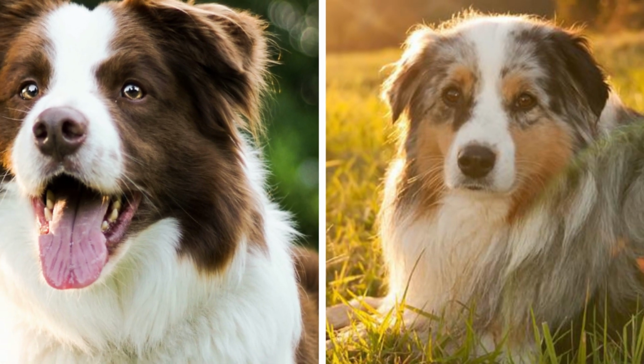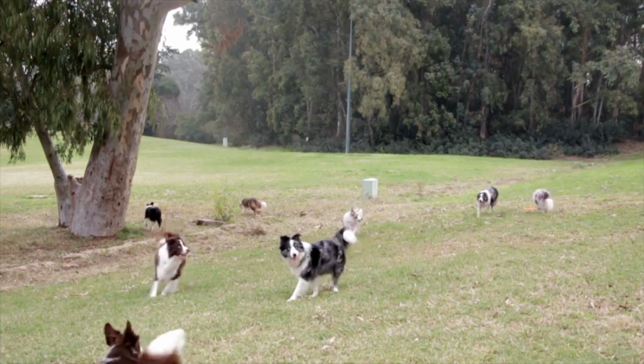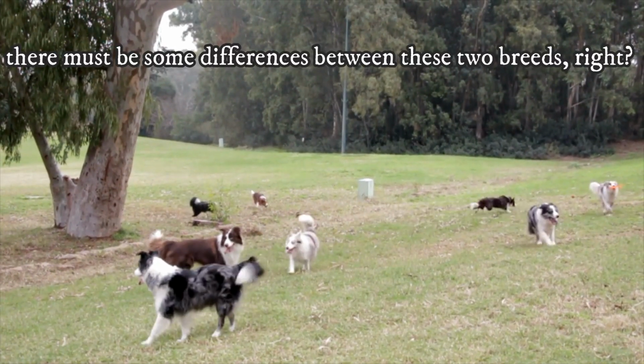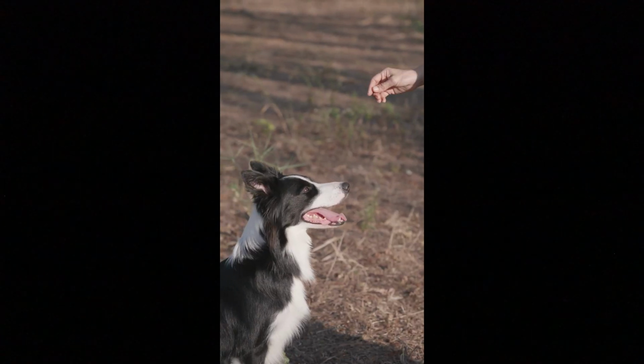The Border Collie and Australian Shepherd, two very similar looking dog breeds with a similar background of working and herding dogs. Both are extremely active, intelligent, alert and loyal, but there must be some differences between these two breeds, right? Of course there are, and I will show you all the differences between the Border Collie and Australian Shepherd in